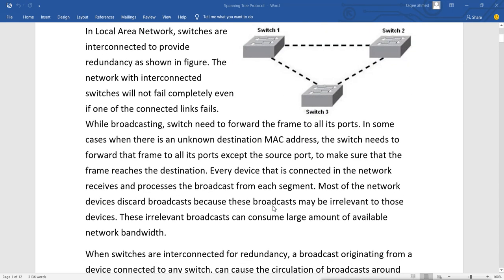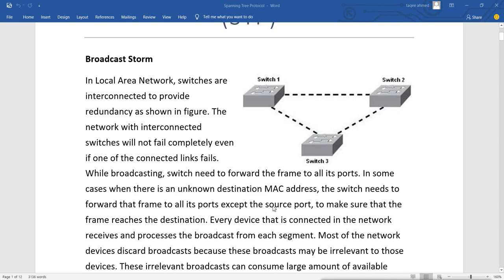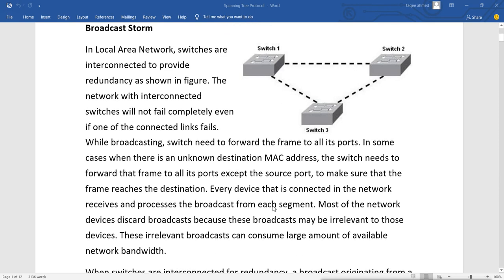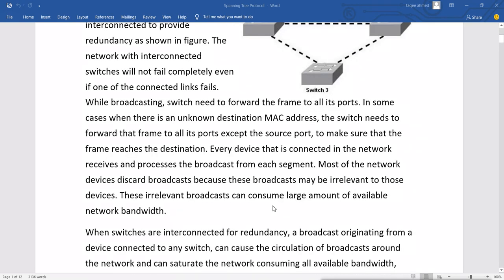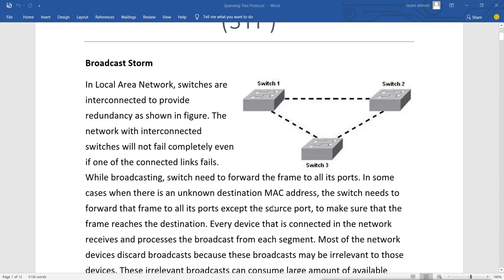Layer 2 switches don't understand the IP address, and they do broadcast, because by default the switch is a single broadcast domain. If I connect these three switches together, they will still remain in a single broadcast domain. If anyone sends a broadcast from anywhere, it will reach every machine and every other switch, and they will do broadcast. So sometimes, if we have a redundant link in our network,